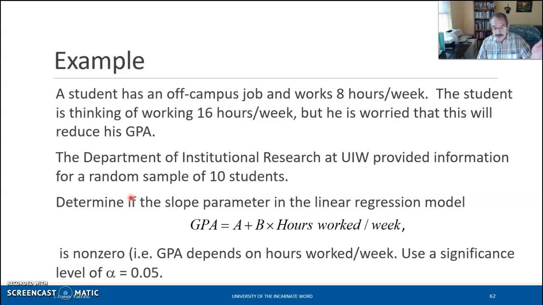the student wants to work 16 hours per week, or increase his external workload from 8 hours to 16 hours per week, and this person is worried about how much that will impact his GPA. We're relying on the information for a random sample of 10 students, and we already adjusted the regression model, and the purpose here is to determine if this slope parameter in the model they were using to explain the behavior of GPA on hours worked per week,